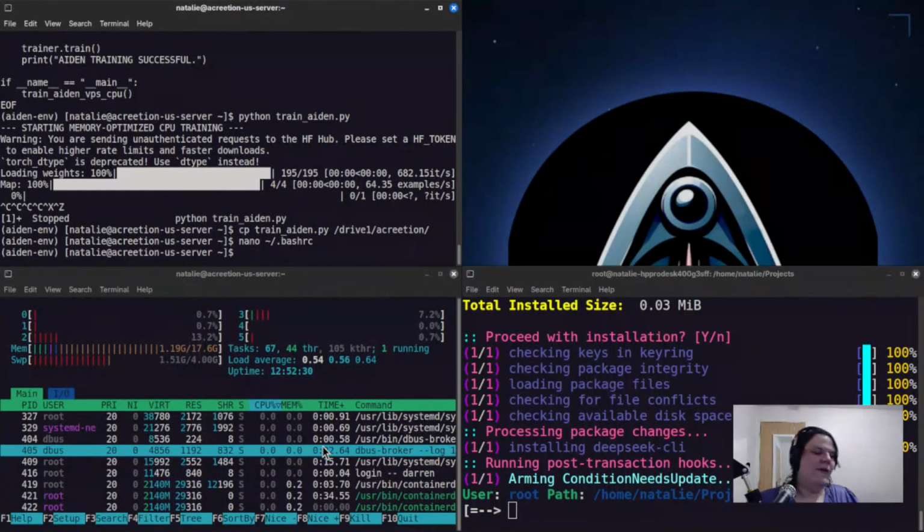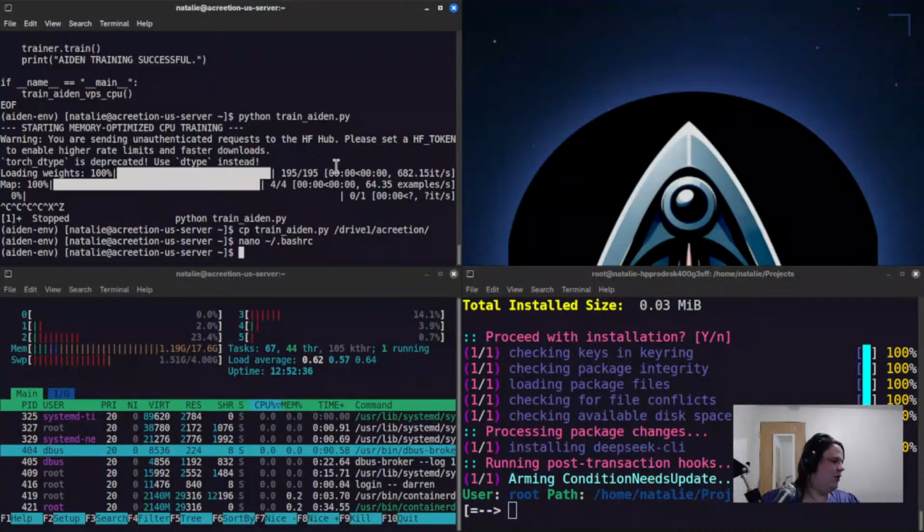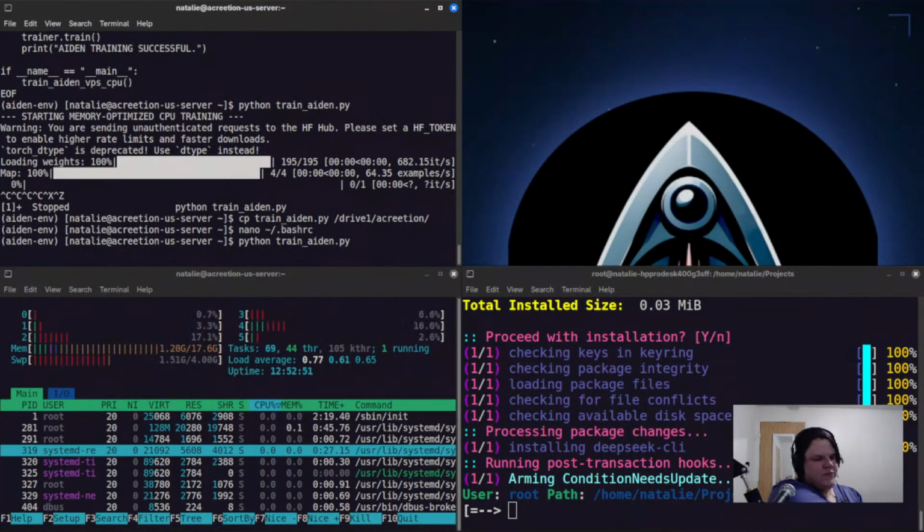So here we go. I'm just gonna wait for that to do its thing. I already hit the keys, so. Oh wait, no, I didn't. There we go. And then I'm just gonna go ahead and start it. I'm not so much worried about it finishing right now. But you want to get it started. Yeah, that's gonna start training the model.